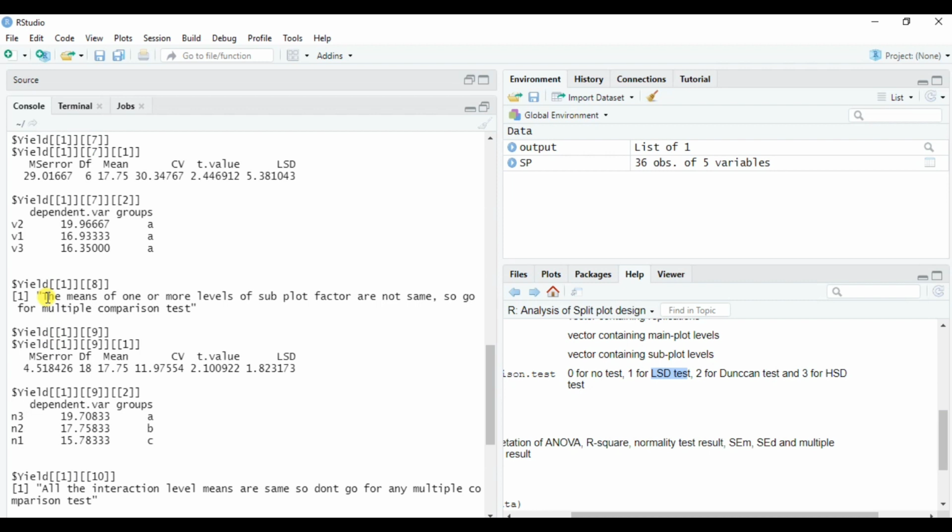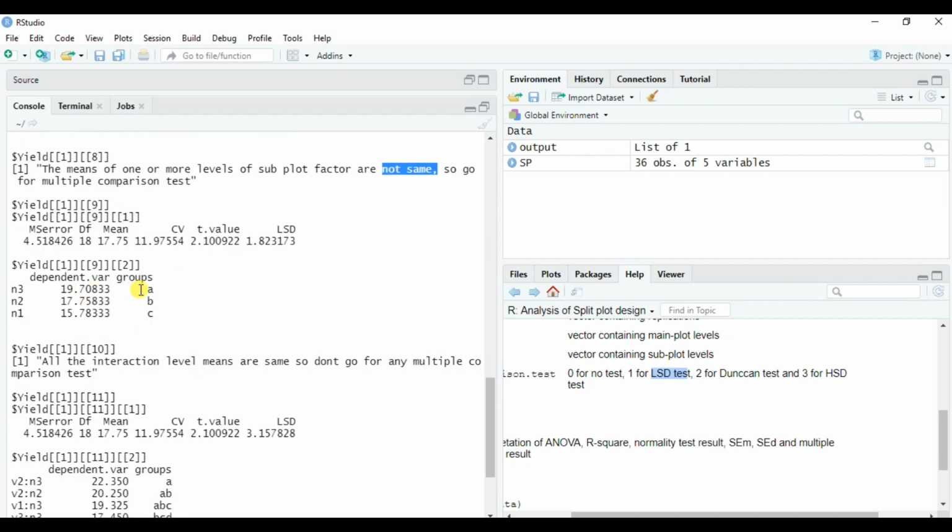Then second, it gives me a comment about the varieties. Sorry, nitrogen was in the subplot. So the means of one or more levels of the nitrogen, that is 0, 30 and 90, are not same. That means they are not equal. So if they are not equal, then we should go for multiple comparison test, because we must be interested in which level of nitrogen gives us better yield.